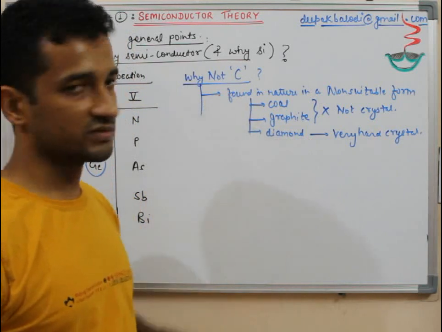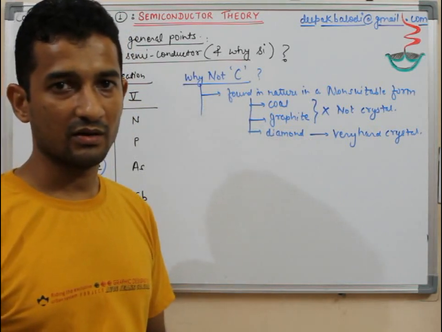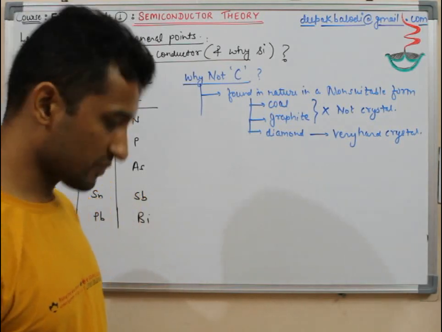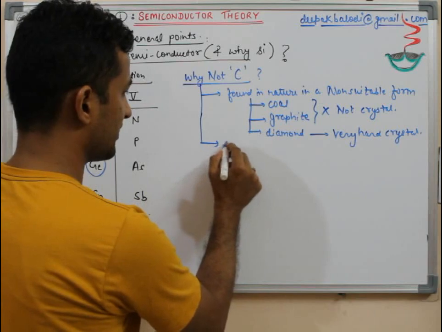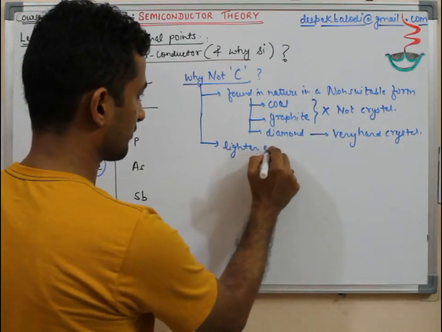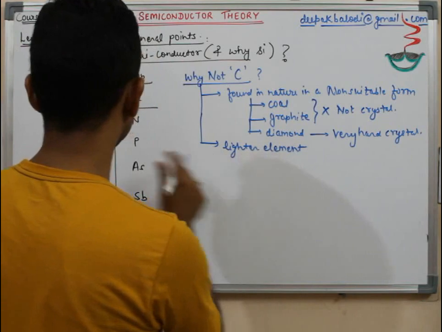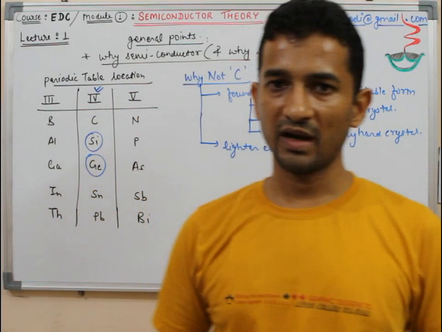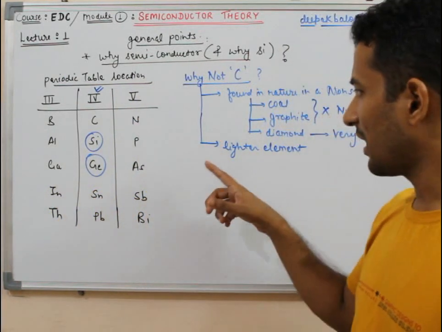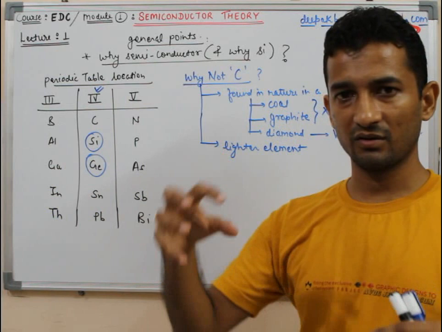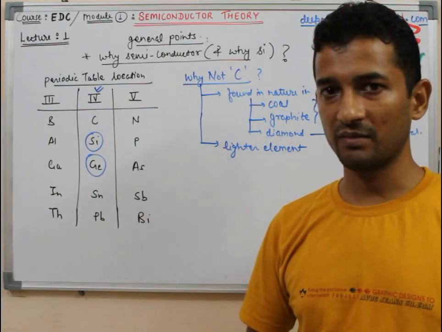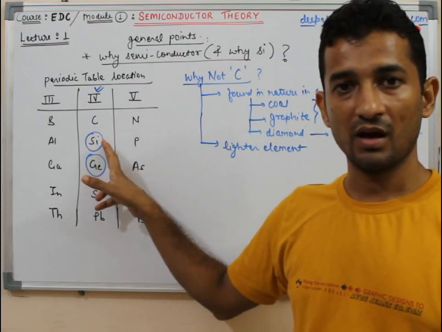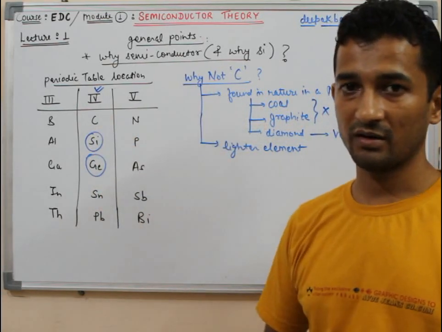So therefore carbon is not in good physical shape and good physical appearance, so it cannot be used. One small point is that this is a lighter element, as this is the very first element of the fourth column, with the smaller nuclear size and smaller weight. A lighter element is not suitable because then we cannot have mechanical strength for that material. So for all those reasons, when we go down, the very next one, silicon, is on the reverse side, highly suitable for that.